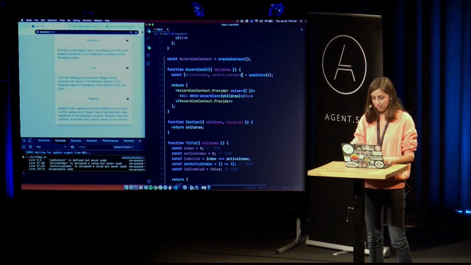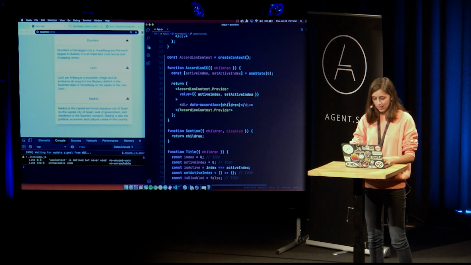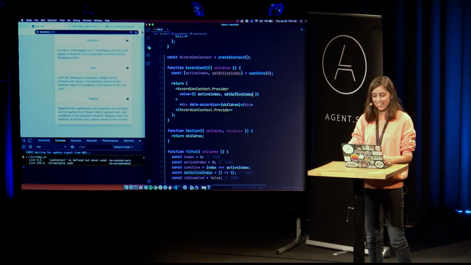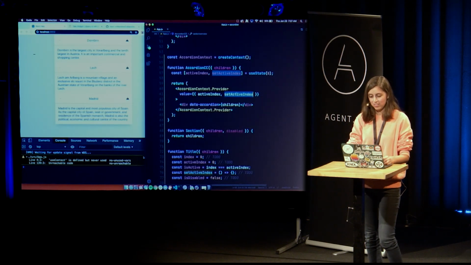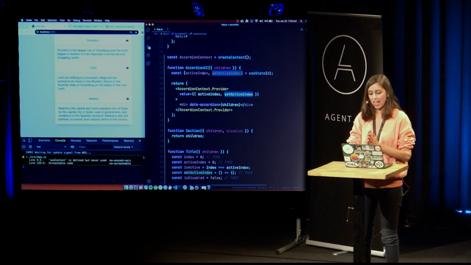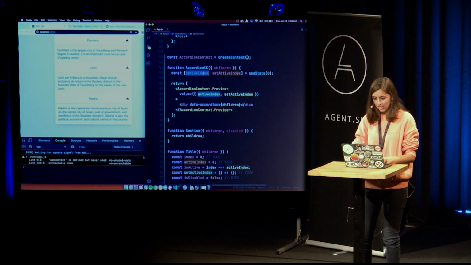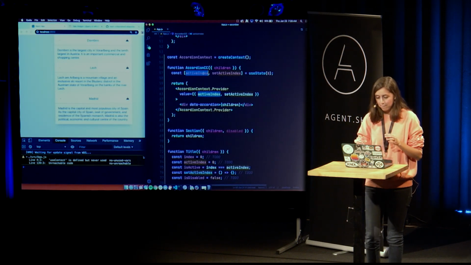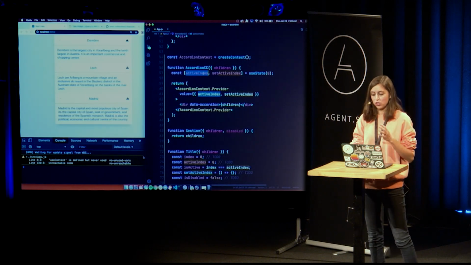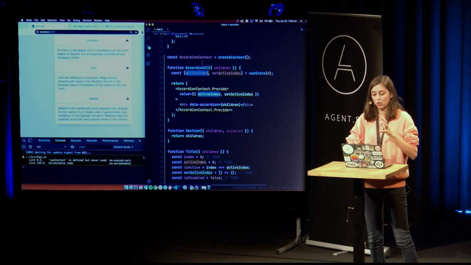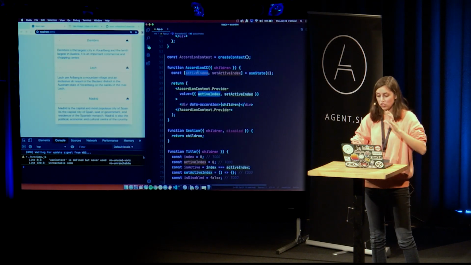And then in doing that, we're going to put this stuff inside of there, like that. Now everything inside of this provider, which again is all of the children in there, will be able to have access to whatever values we give this accordion context. And so if I put a value right here and just put index and set active index like that, now, whenever one of the children calls set active index, it'll call set active index for anything that's using this